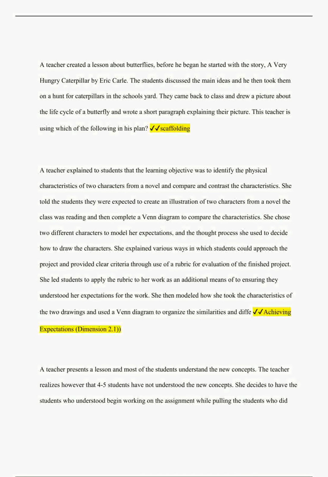A teacher presents a lesson and most of the students understand the new concepts. The teacher realizes, however, that four to five students have not understood the new concepts. She decides to have the students who understood begin working on the assignment while pulling the students who did not